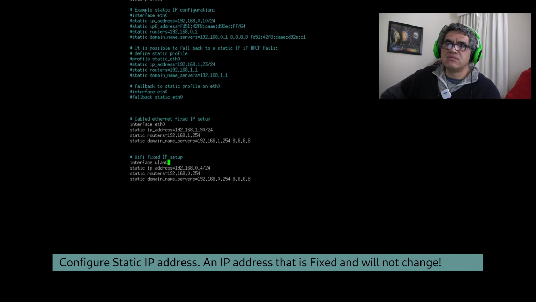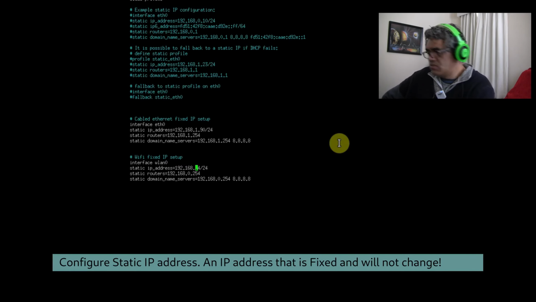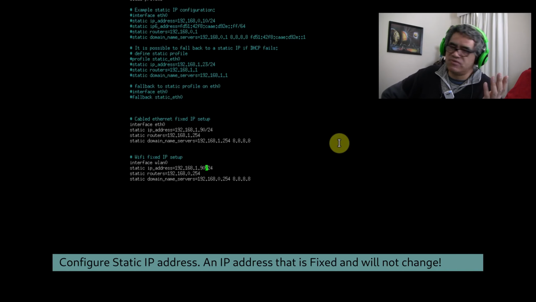Let's have a quick gander at that. Basically do the same thing, 192.168.1.90. Now again, you could want a different IP address for your Wi-Fi if you're using Wi-Fi, and another one for your